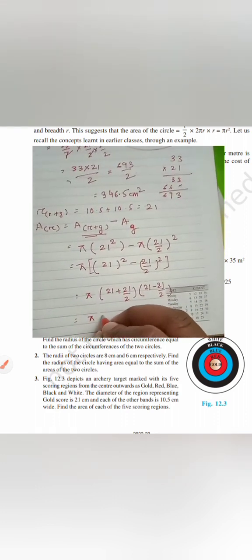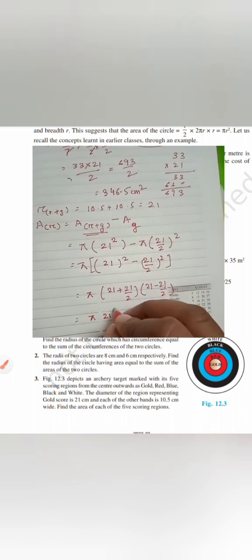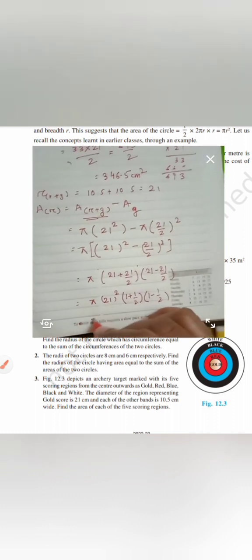If I take out 21 from here and 21 from here, it will become 21 the whole square, and I will be remaining with 1 plus 1 by 2 into 1 minus 1 by 2, right? So now this is equal to pi 21 the whole square,